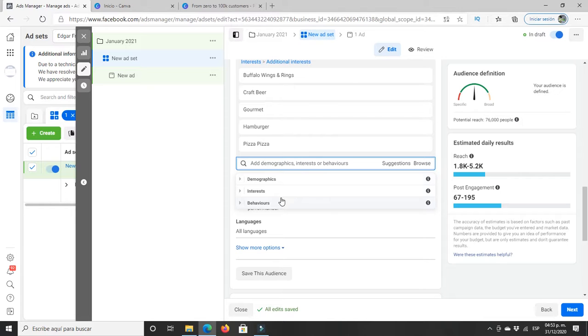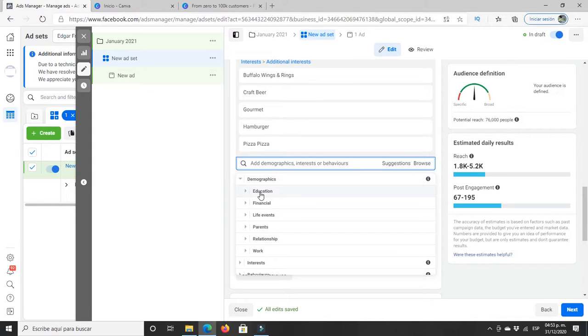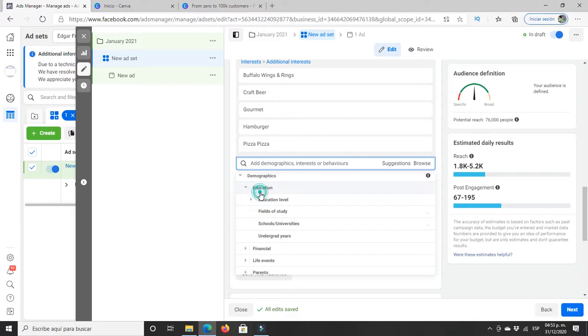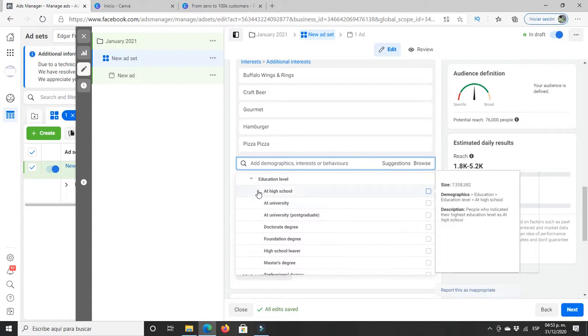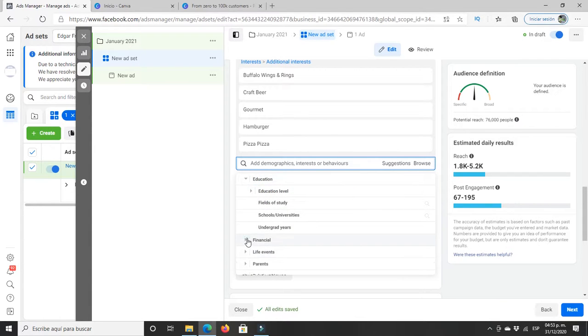If you are completely new, go for demographics. For example, if you want to target only people with higher education, you can select here, or people that work in the financial sector, or probably something that is similar for this kind of people. So